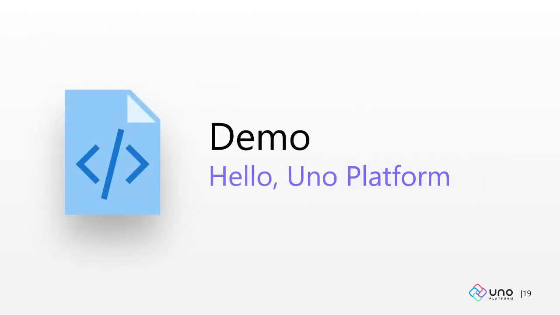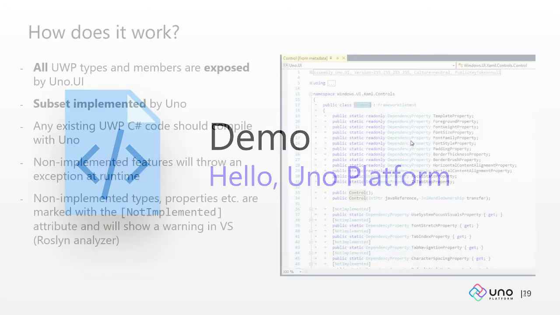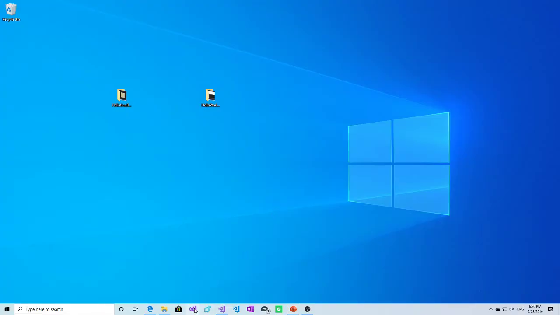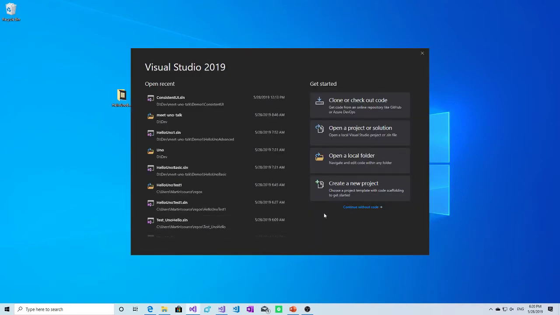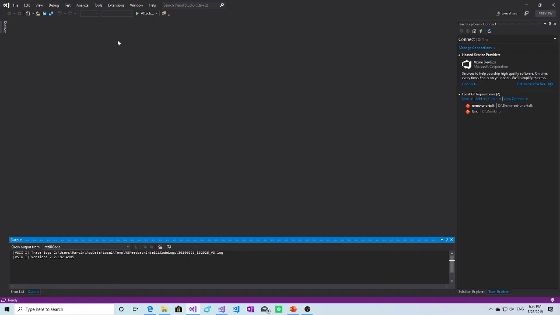And I will show you how to quickly build a Hello World application using UNO. So I will go into Visual Studio and first show you how to get the extension. You can do it here in the extensions menu.